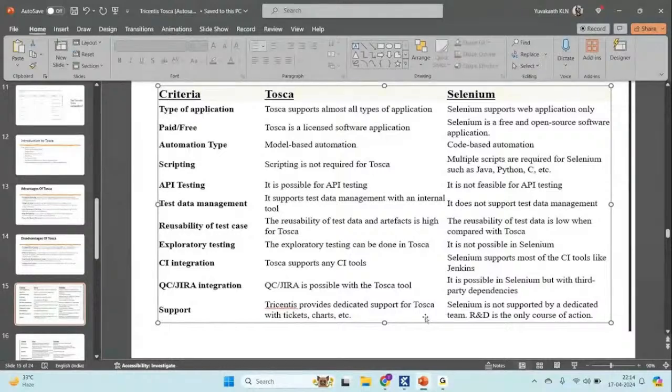QC and Jira integration is also possible. And this point I have to reiterate multiple times: Tricentis provides very helpful dedicated support in the form of tickets, chats, or forums. Suppose you are purchasing a tool of 18 or 19 or some kind of thing,